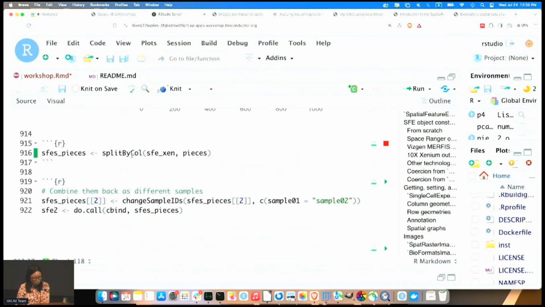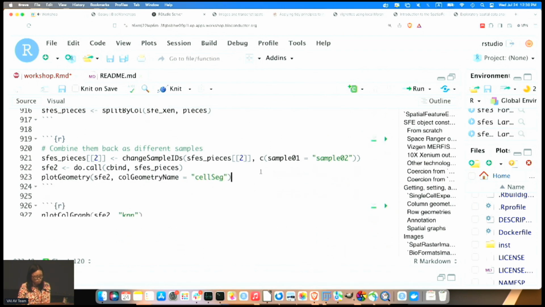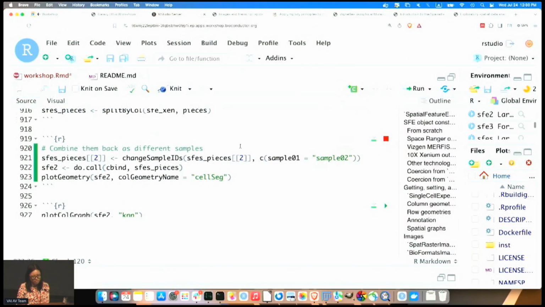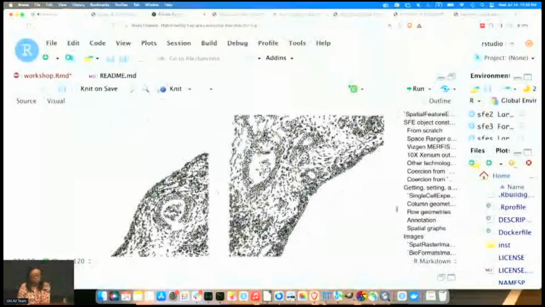It's done by the splitByCol function. It again uses geometric operations, and in Voyager we can put them back together as different samples and plot them, and that's what it looks like after splitting.